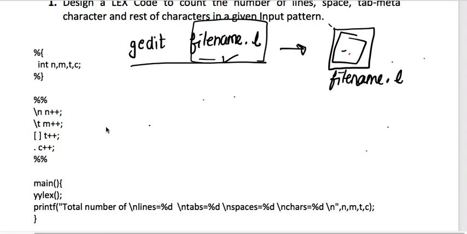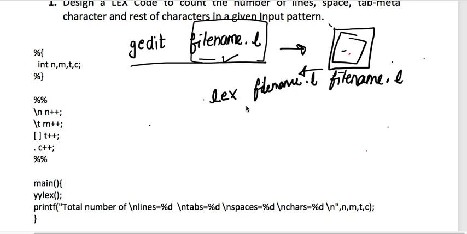Just imagine right now you have written the whole code here. Now you have to run it. What you have to do now, you will just write lex space file name